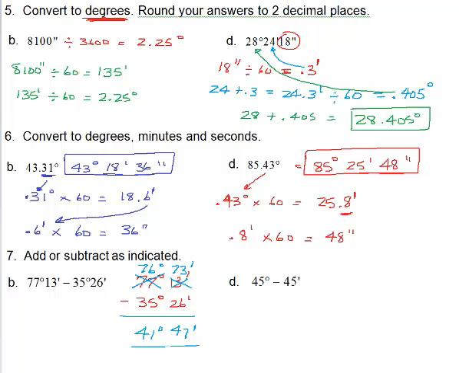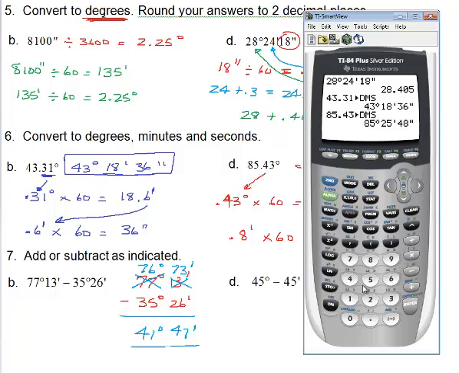And again, we can do that on the calculator. So let's double check it here on the calculator. Alright, so what do we have? 77. Now, in order to put in the degree symbol, you go second, apps, and enter to get the degree. See that? 13, second, apps, put in the minute. And subtract from that, hit your subtract button, 35, second, apps, degrees, and 26, second, apps, go down to minutes. Now, when you hit enter, what do you see? You see a